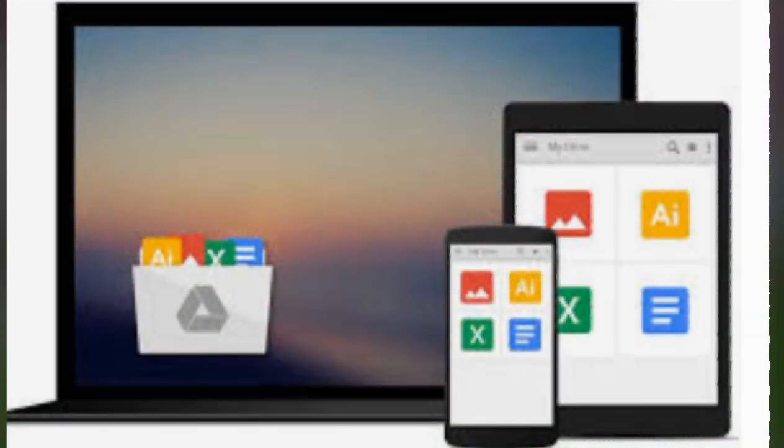It could be your laptop, cell phone, or your desktop, or any other gadgets that may access Google,